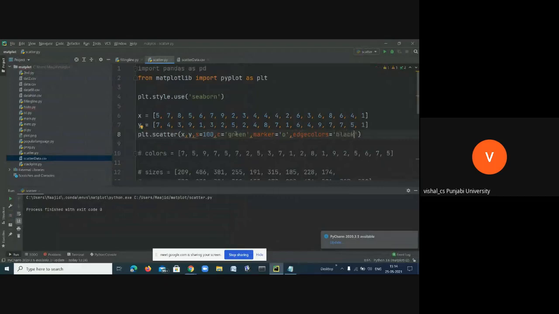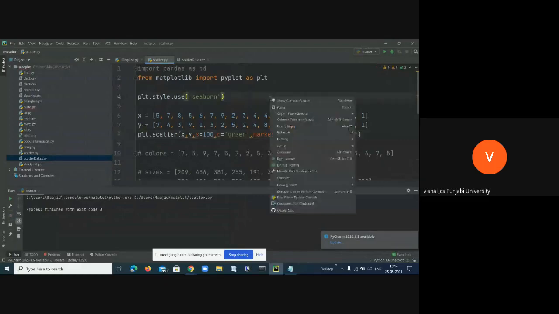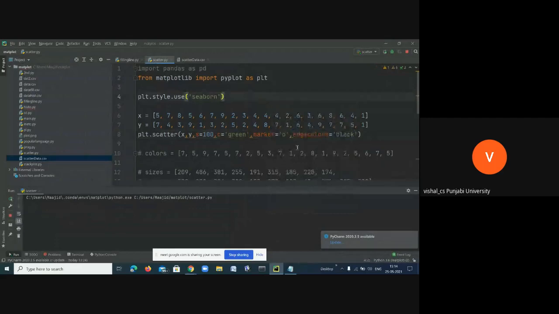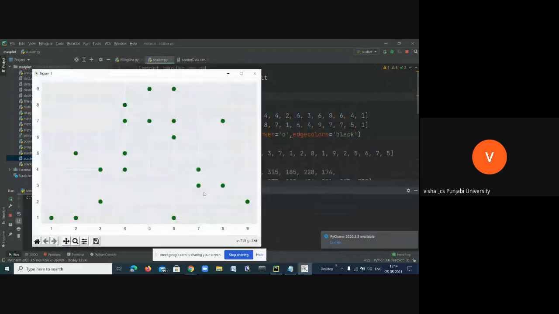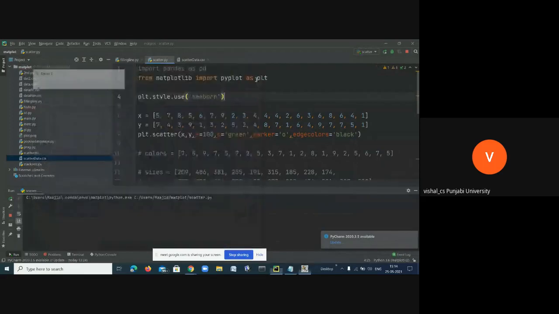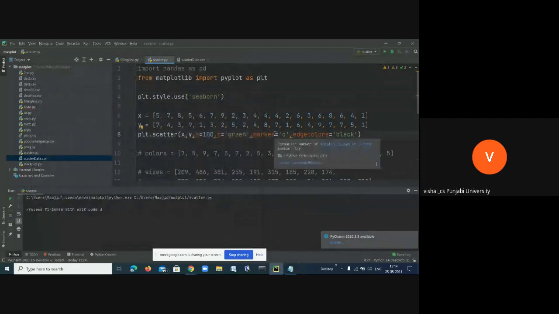See, the color of the edge of the dots has been changed to black. Where I have given this color as green, I can give some other color and see whether it has got reflected or not. The takeaway is that we can also change the color of the edges.